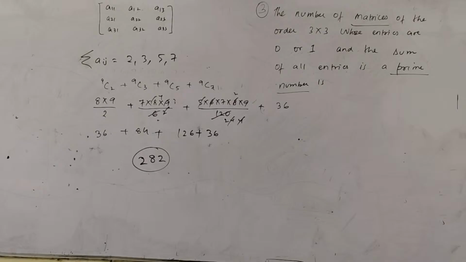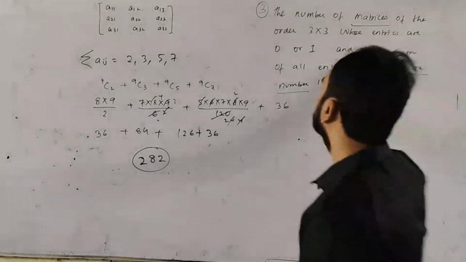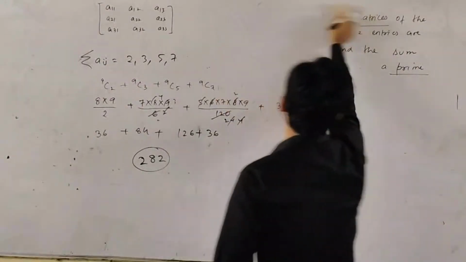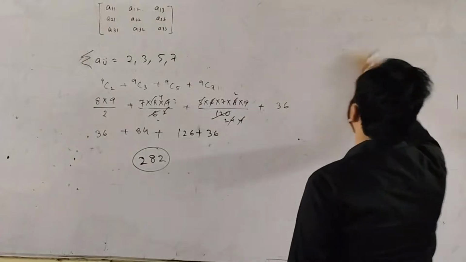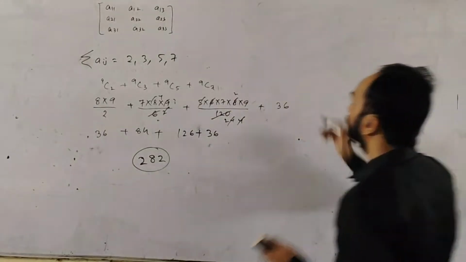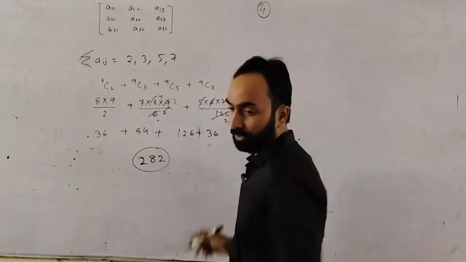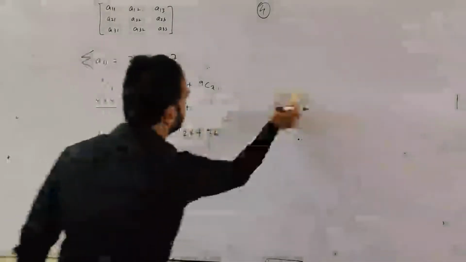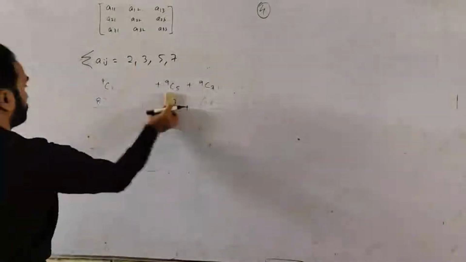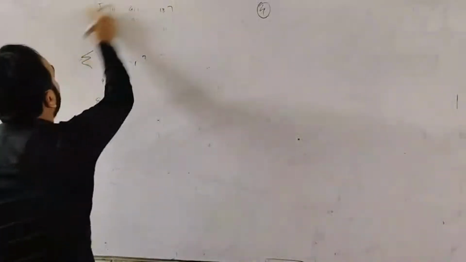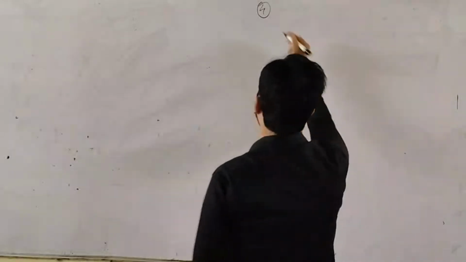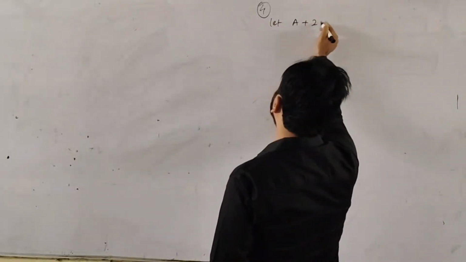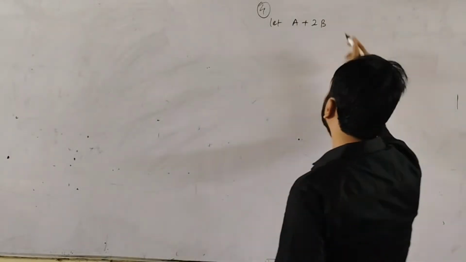Now we'll move to question number 4. Just see what is the question number 4. Question number 4 I am writing. I am erasing all. Okay, question number 4 is, let A plus 2B is equal to